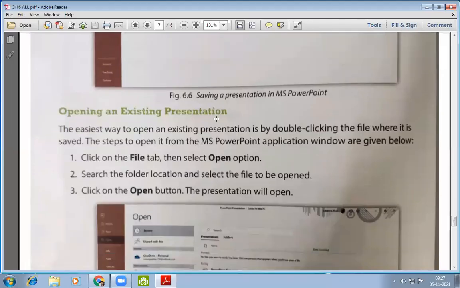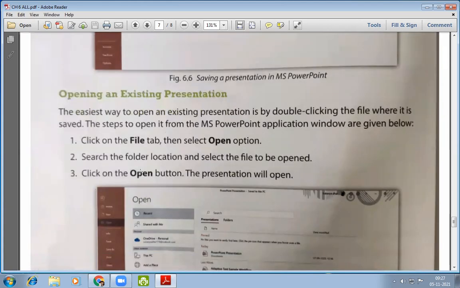Opening an existing presentation. It means we already have a presentation that is saved on our PC. Now we are going to open it. So how? The easiest way to open an existing presentation is by double clicking the file where it is saved. The steps to open it from the Microsoft PowerPoint application window are given below.